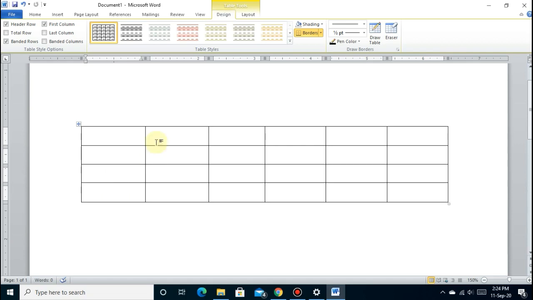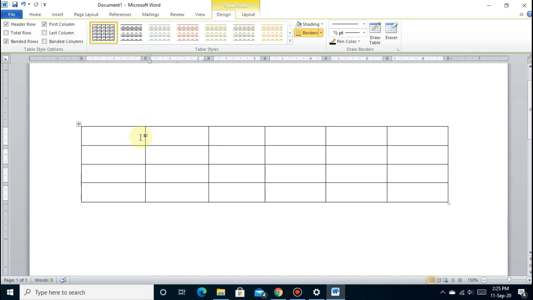Okay, similarly you can use this option for increasing and decreasing the size of column also. Okay, so size of column can be changed in two ways. One is from here and another one is from here.